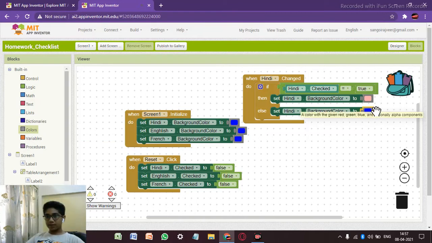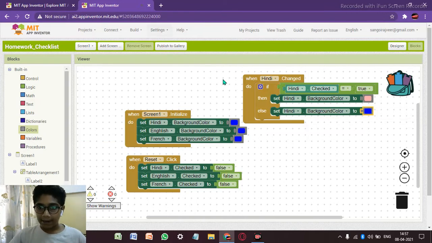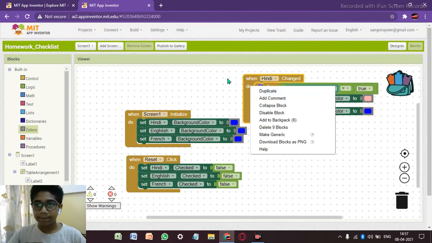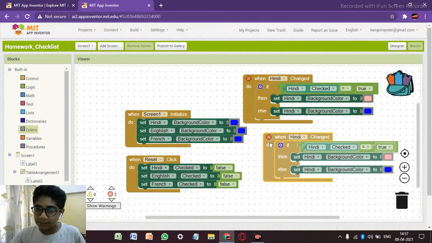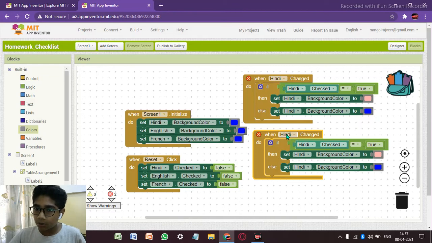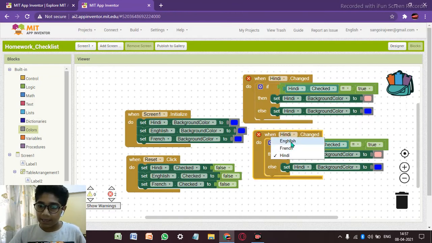So we are done with the Hindi coding, and now we are left with our two subjects, which are English and French. So just duplicate the whole thing. Now click on the drop down arrow in Hindi and make it English, and do the same for every drop down arrow.